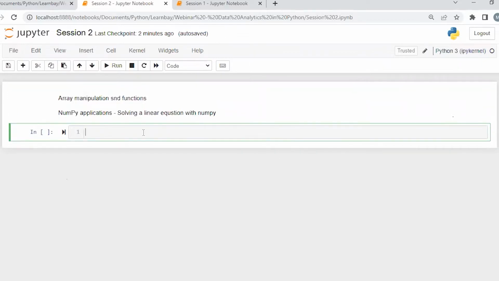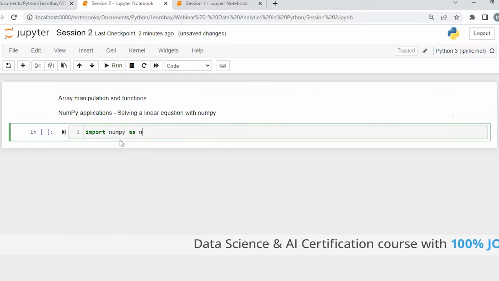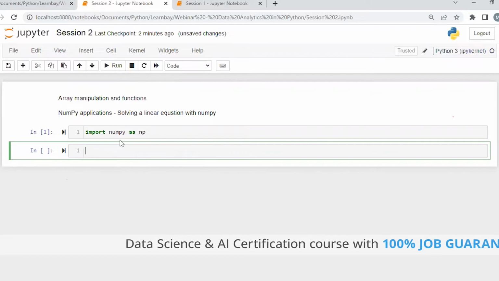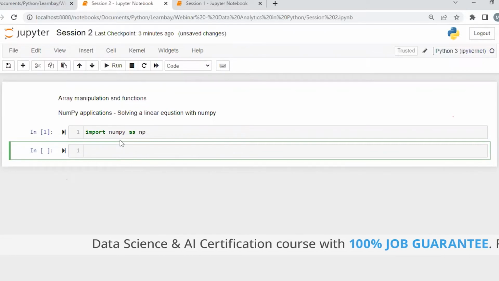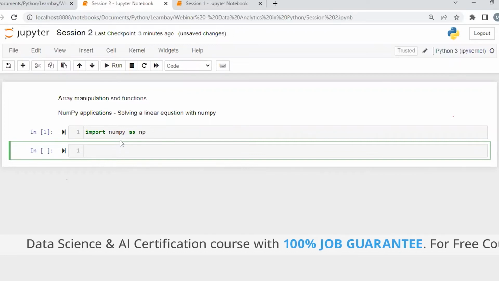Okay. Let's start with a few of the basic functions that we have with Numpy. All right. So to start with, first things first. Import Numpy. Right. We have imported Numpy. Always, when you start a new program or a new Jupyter notebook, you have to import Numpy. Right. So what we'll do is we'll start with taking one of the